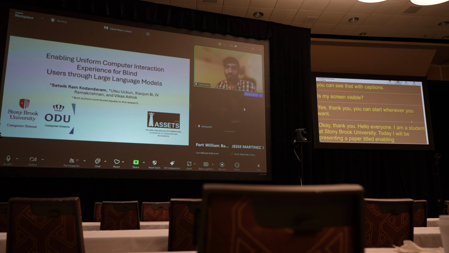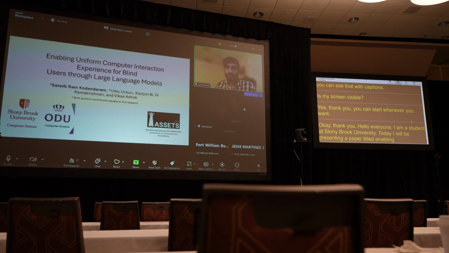To set the stage, let's examine the current challenges that blind users encounter when using technology. As we all know, blind users predominantly rely on screen readers to interact with computer applications. A screen reader is a sophisticated software that converts textual content and diverse interface elements into speech. It also facilitates content navigation through an assortment of keyboard shortcuts. Nevertheless, this navigation remains mostly one-dimensional, and most of these shortcuts are very complex, making them burdensome for blind users